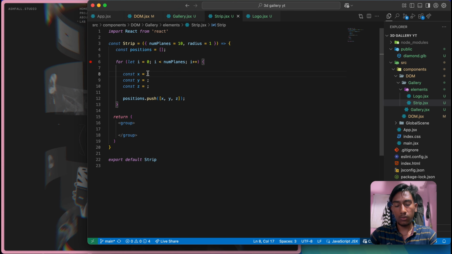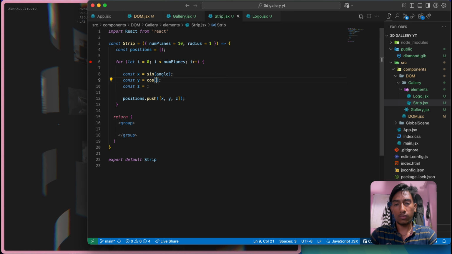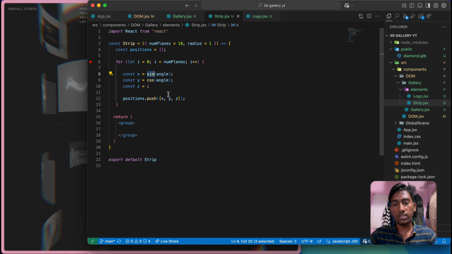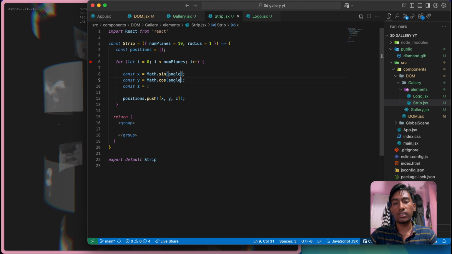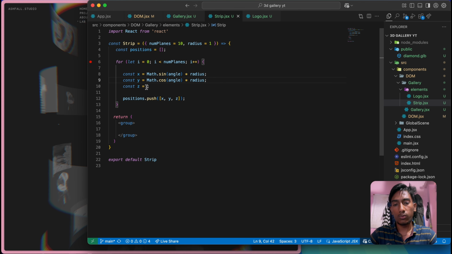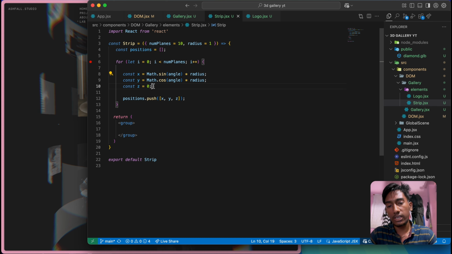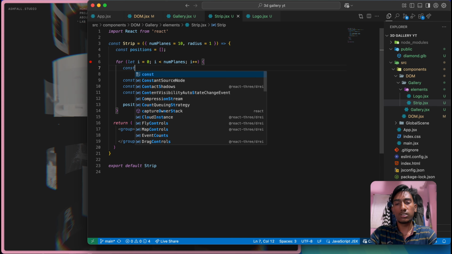So for example, we have sine of angle and we have cos of that angle in y direction, and in JavaScript we don't have sine cos like that. We have to use Math.sin, and another thing that we can multiply with the radius, to change the radius of it, and we can pass 0 here. We don't need to move it in z direction for now. We can move it in x and y to see how it's looking. Now we need the angle, const angle.